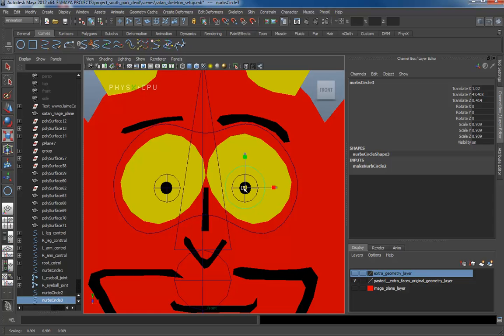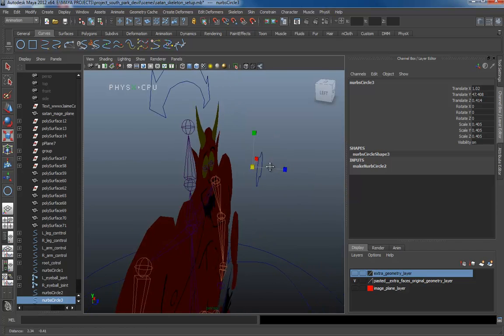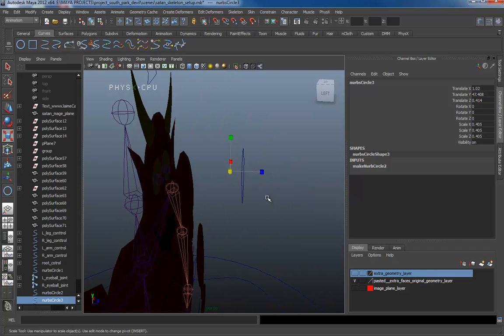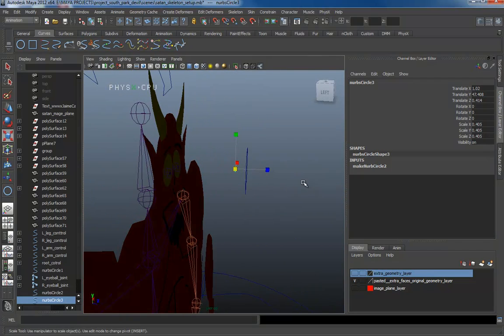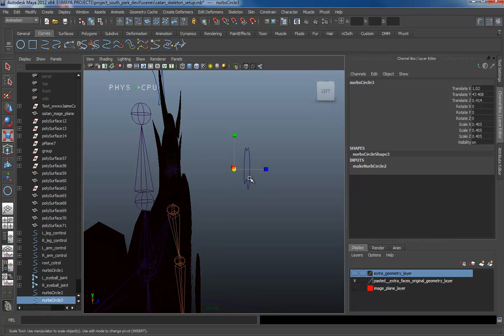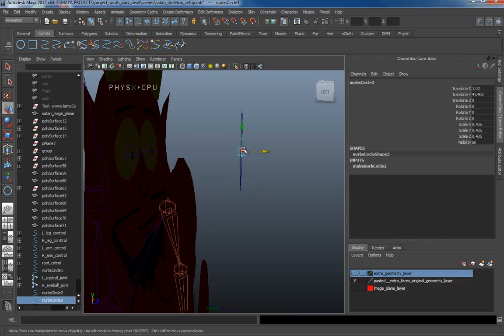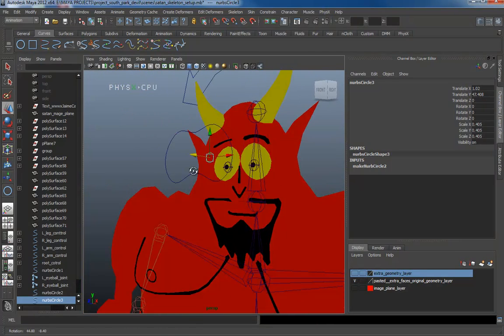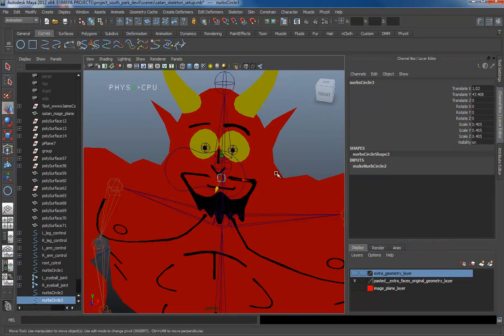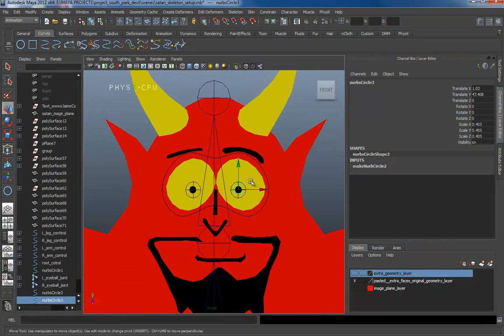Make it smaller, right around there. I want to make sure that they're in the same plane, so I want to move this back. I'm going to snap to grid, and they're both exactly in the same plane now. Back to my front view, duplicate this,